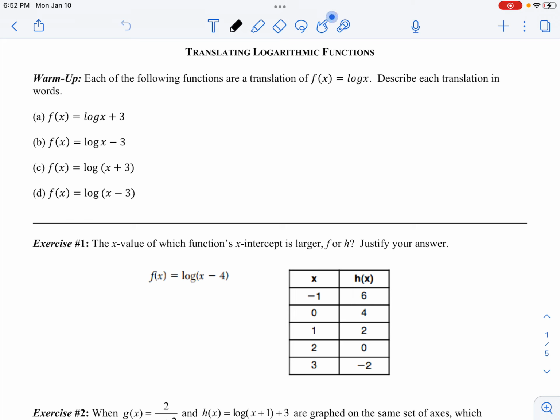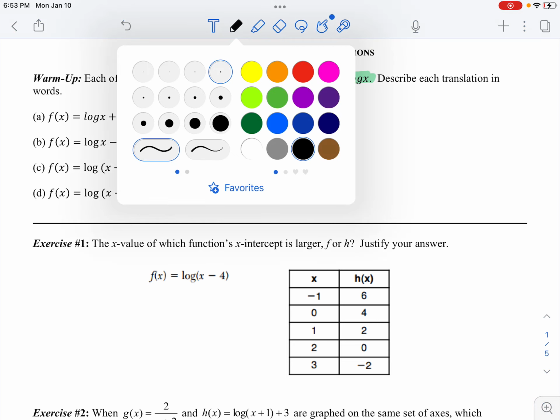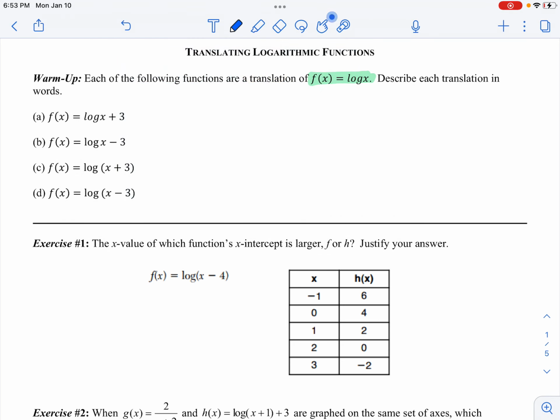in words what's happening to the original function log x if we, for part A, it says log x plus 3. What is that plus 3 doing to the original function that's highlighted? Pause the video, take a minute or two to try each one, and then we'll go over it. Okay, so if we review just